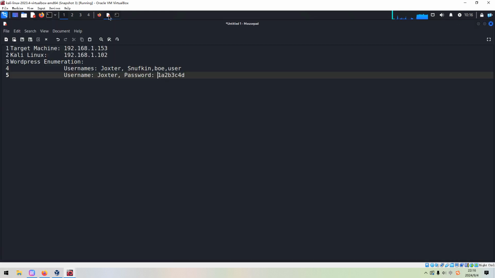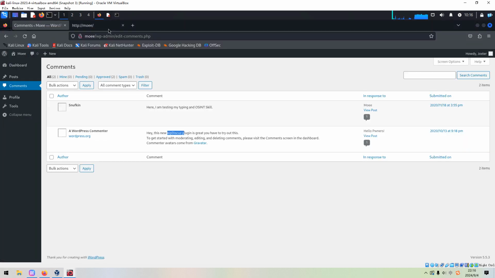The target is indeed running this plugin, the WordPress Discovery. This is also some sort of a popular plugin, and it also gives us the version.